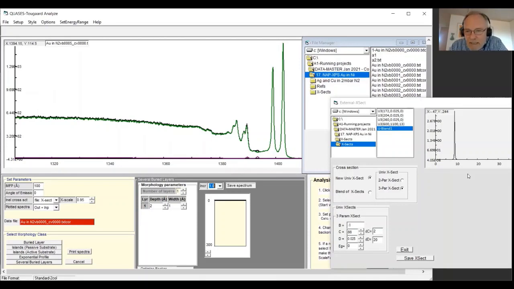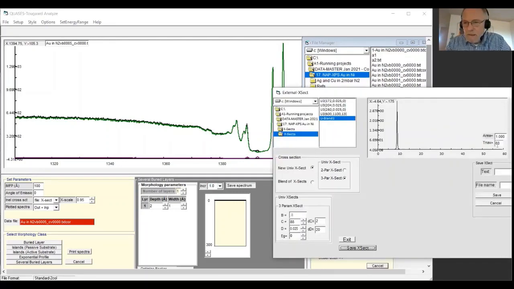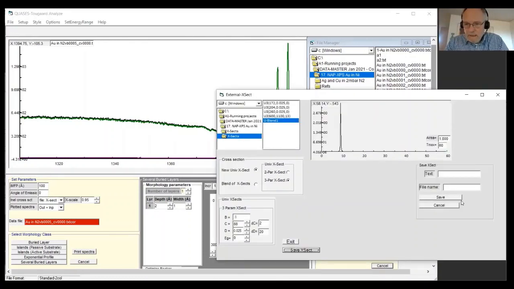So just save this along with the other ones. Use your way and save cross section. And now this is U3 of 88 and 0.025 and 0 for the band gap. So now we have this,